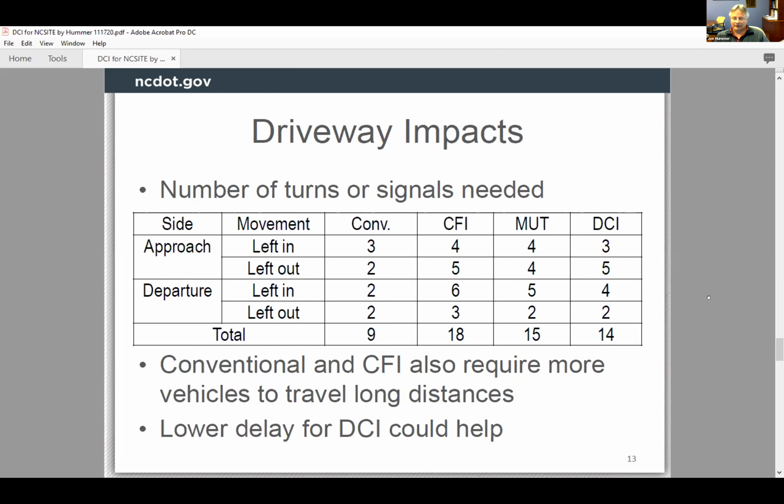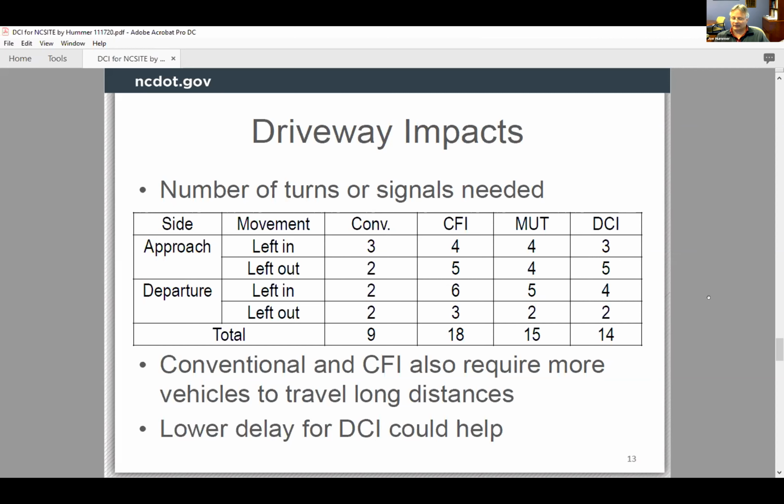Let's remember though, the extra delay that a conventional intersection would bring, and the fact that if you chase some of these paths, there's a lot of longer distances with the conventional and with the CFI than there would be with median U-turn or DCI. So the numbers on the slide here, I think, help a little bit and clarify that. I think when you also take into account the delay and the distances traveled, the DCI actually comes closer to the conventional, but it's probably still not better. But I think you can make the case the DCI will be better than the CFI for sure in the